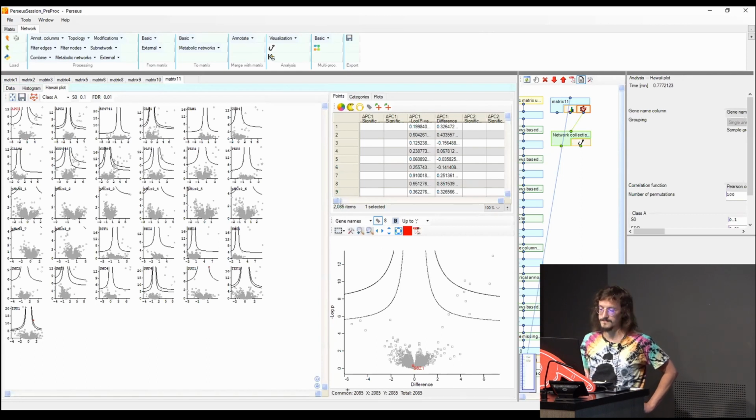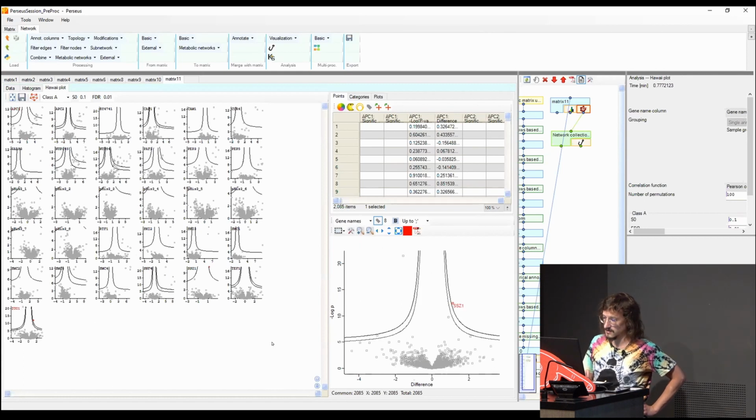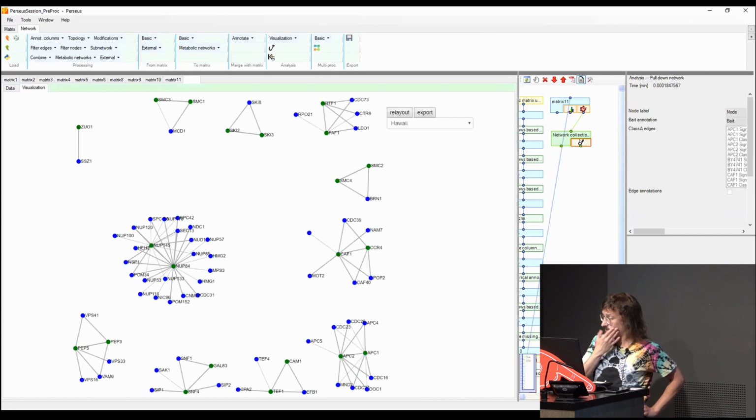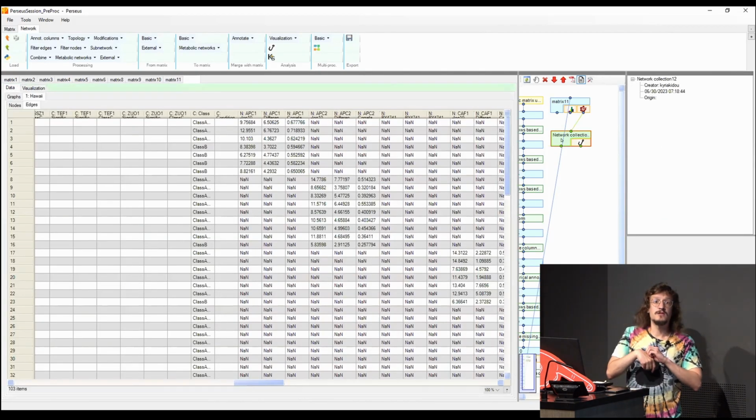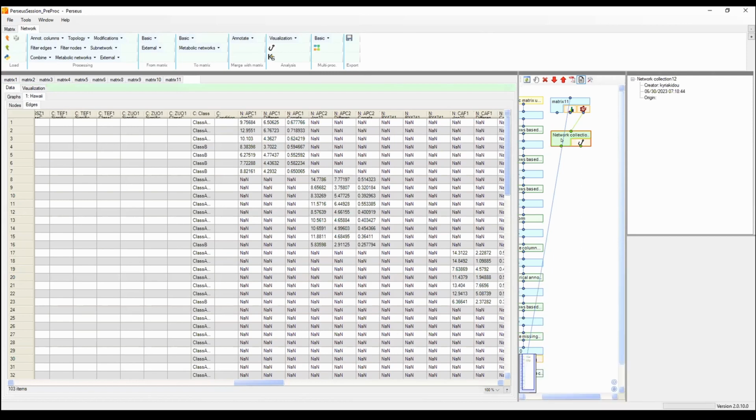And of course, I repeat again, everything that you see in this part of the graph is not considered and is removed, because that is an error. You don't expect to find anything there. So this is more or less what it is regarding the network. And of course, you can then also export the information. You can export this graph. You can export the network. When you export the network, remember that every time in Perseus, we export TSV files. So use the specific command in R or Python to import TSV.